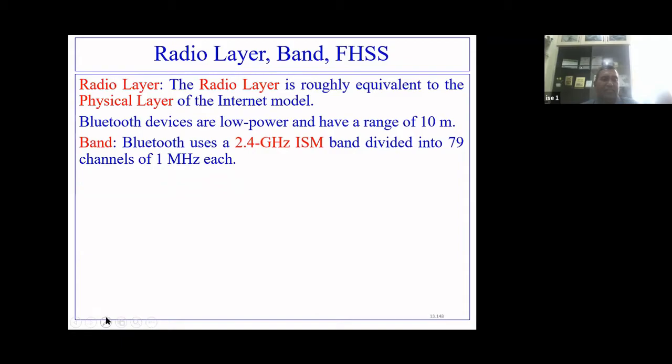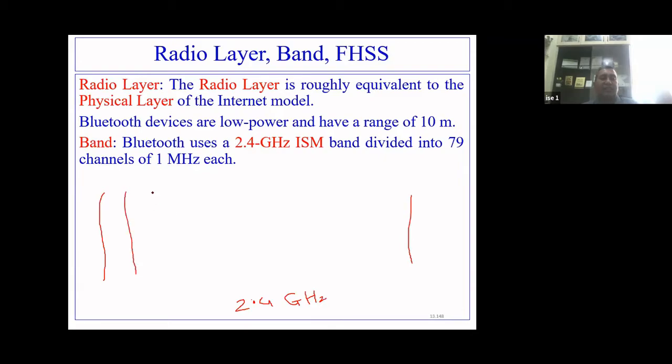So I can say here that I have a total of 2.4 gigahertz, which is the channel bandwidth, right? So I will have 79 channels.